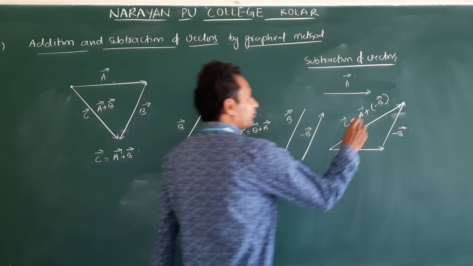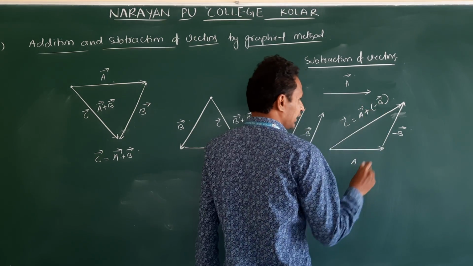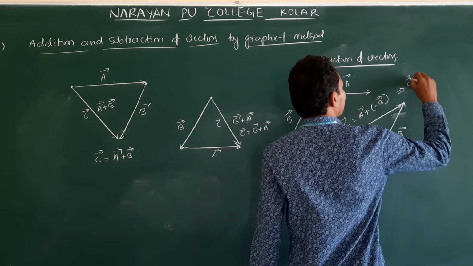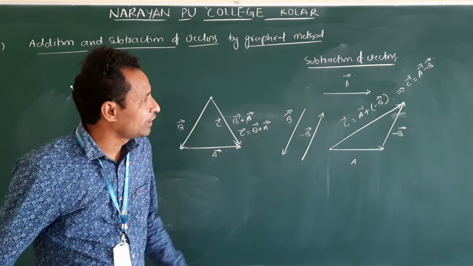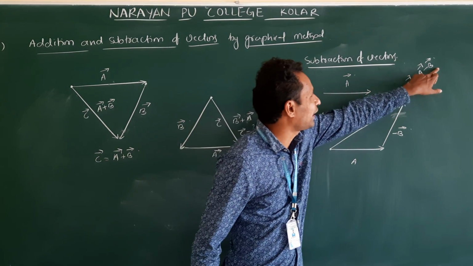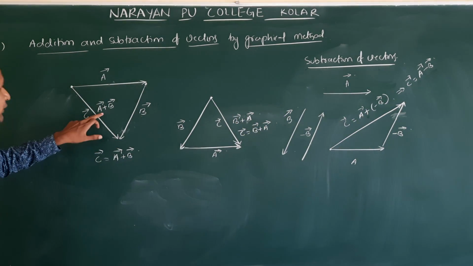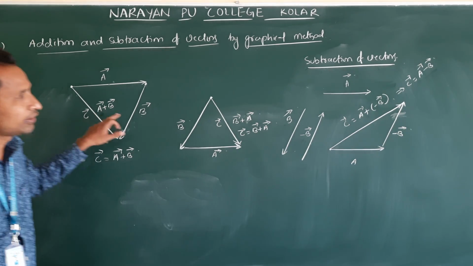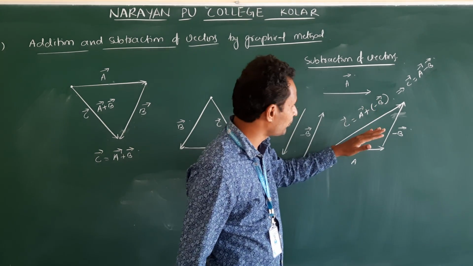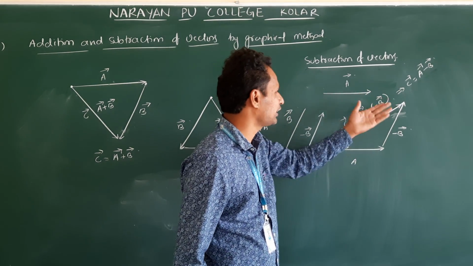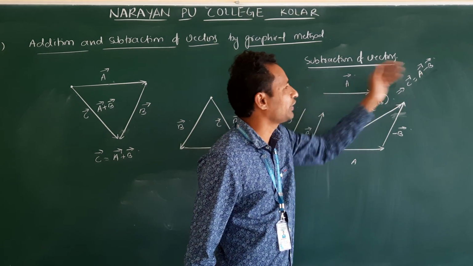Understand? Don't write direct minus. Then what happens? Minus of plus into minus. Then this will be C is equal to A minus B. Clear? How did we do? Finally we have a subtraction, but what we followed here was addition, like this. C is equal to A plus of minus B. We reversed B. By reversing, direction changes. The direction we denoted with minus. Then we added. Finally we got A minus B.